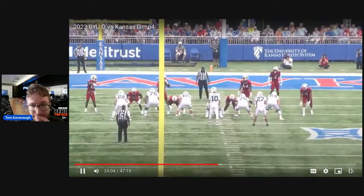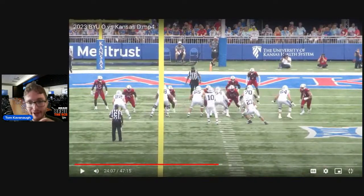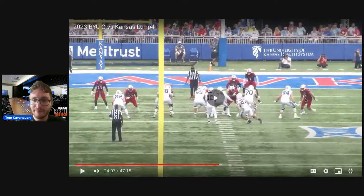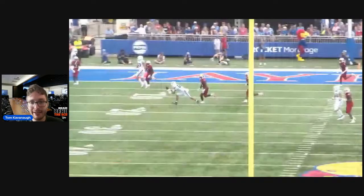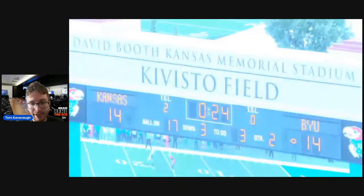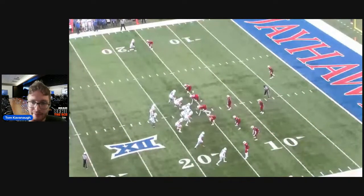Like, the ball snapped here, all right, you got to get up. You got to start getting upfield, right? And that could be something they're coached to do. They could be thinking run still. I mean, the running back is running towards the ball, and maybe he doesn't want to overcommit. But I wish he would just play with his ears pinned back a little more because he's not able to get to the edge. But again, BYU is doing a bunch of stuff to take the offensive line out of the game. They're moving the pocket and throwing screens and RPOs and stuff like that. It's not the easiest for an evaluation, but